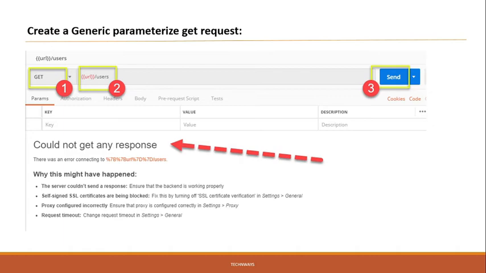Okay, this one is important. If we have some common placeholders, this is a kind of global variable. If we put anything in double curly braces, it will be marked as a global variable for this Postman, and for this global variable we can assign some values. These values would be available throughout the application.